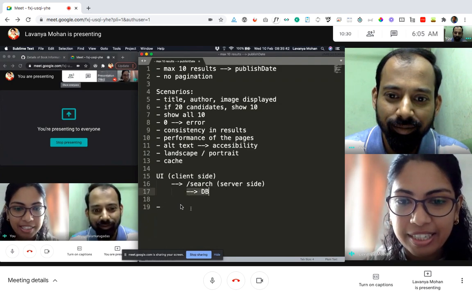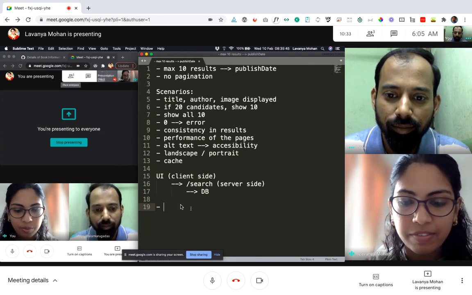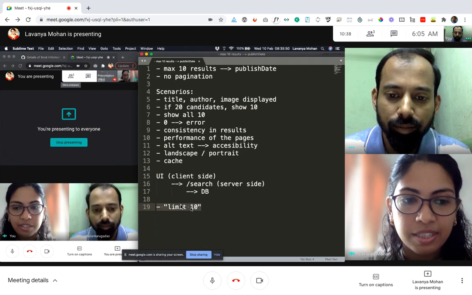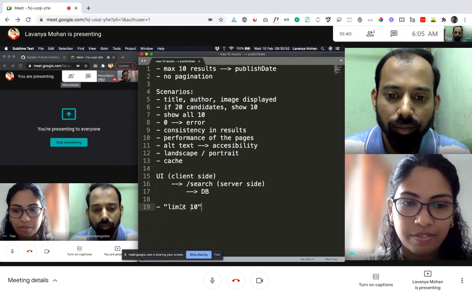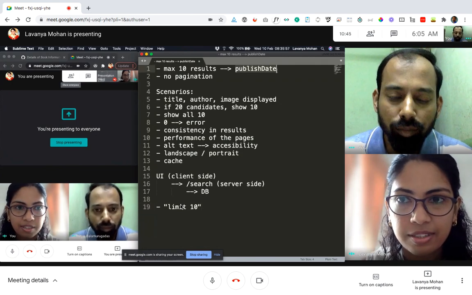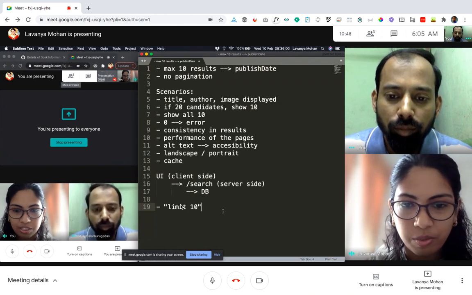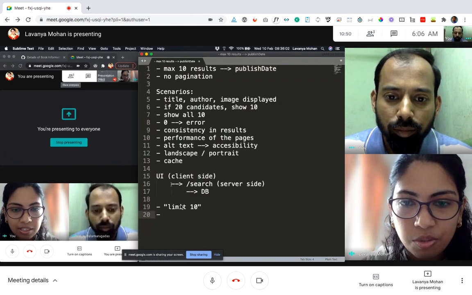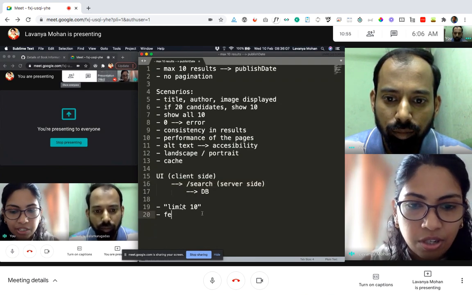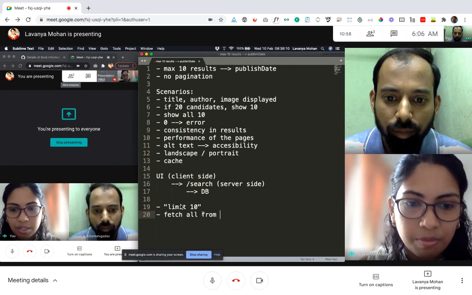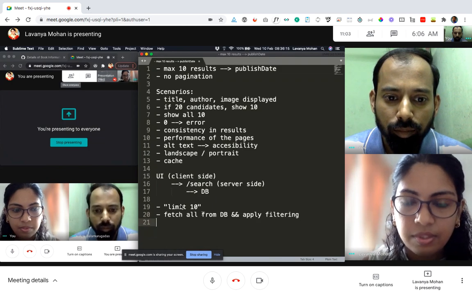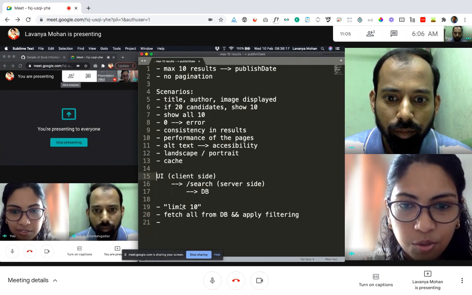So one could be in the DB. Basically, when we search for a query, we could just say limit 10, right? Something like that. So our query itself could be like that, so that the DB itself returns just those top 10 values based on search results and order. We would probably do order by this date, something like that, and then just return. So that's one option. The second option is to have it here in the server side. Okay. So what does that mean? We fetch all from DB for that particular search term, and then we apply filtering logic. And the third one could be here on the client side.